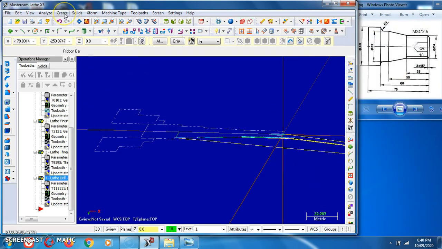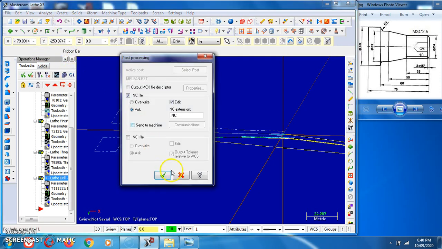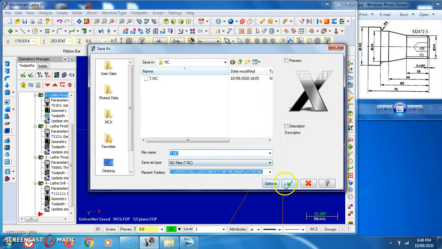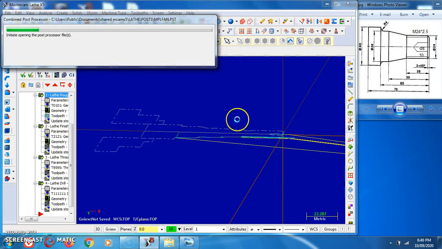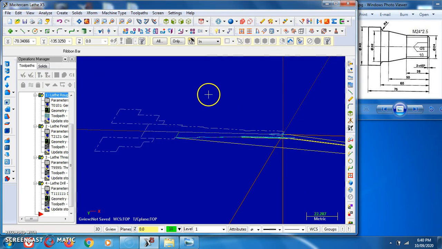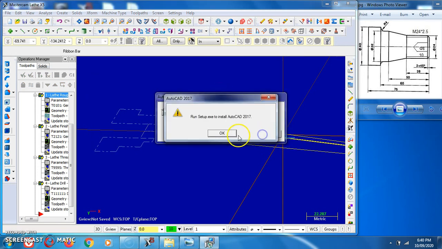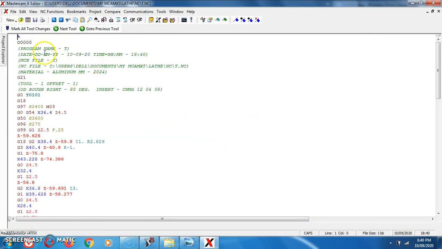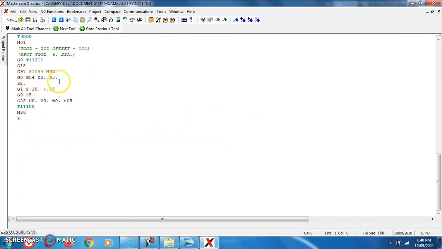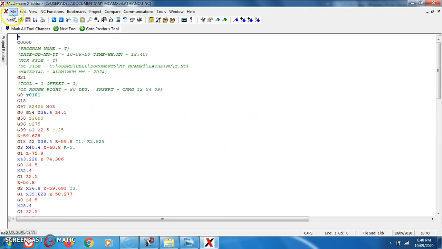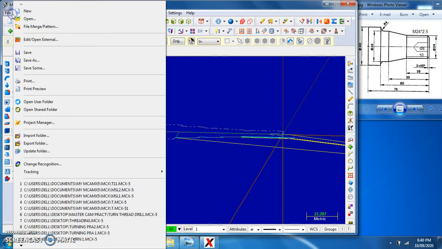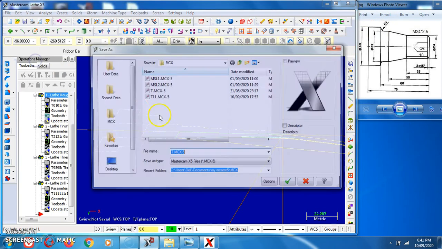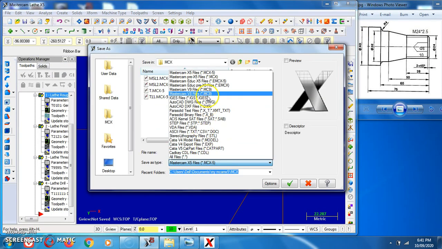So see how to generate the part program. For generation of the part program, click onto the G1, click OK, yes, OK. So in this way we can develop the part program for the given operation. So we can save this file as per our required format. So directly we can save the remaining files. We can save the files as per our required format: NC file, X5 file, IGS file.